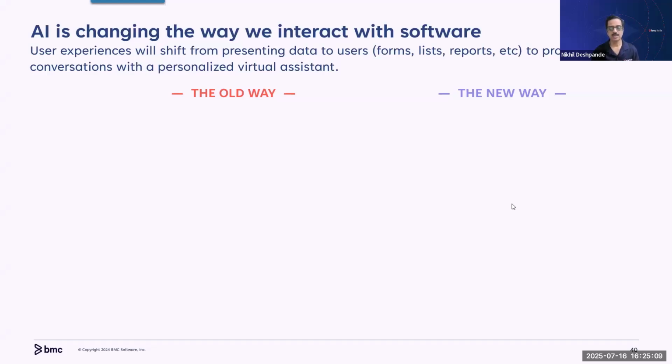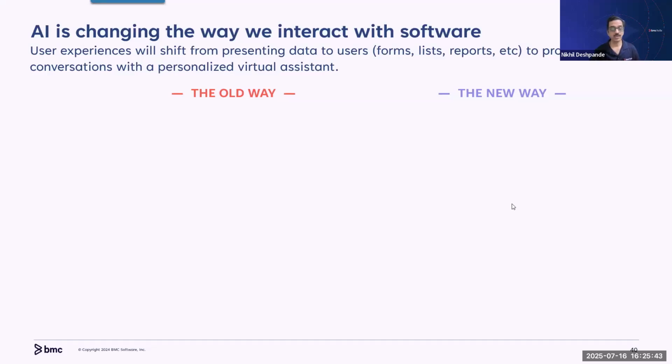Most people use AI in their personal lives. Think of ChatGPT, Gemini, or all other tools where we have opportunities to use AI in our personal lives. And this is fundamentally shifting end user expectations about enterprise software as well. And this fundamental shift is going to have a significant impact on how end users prefer to interact